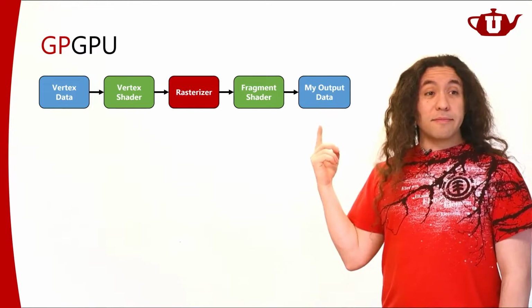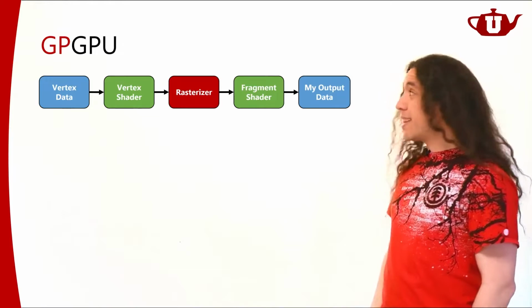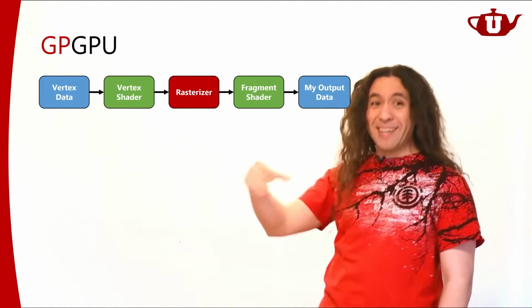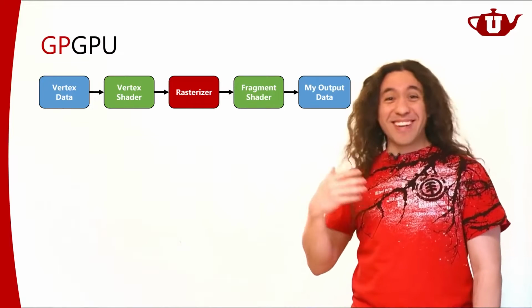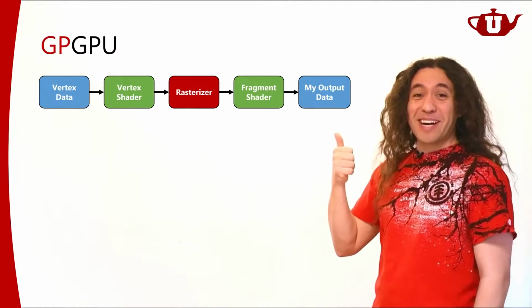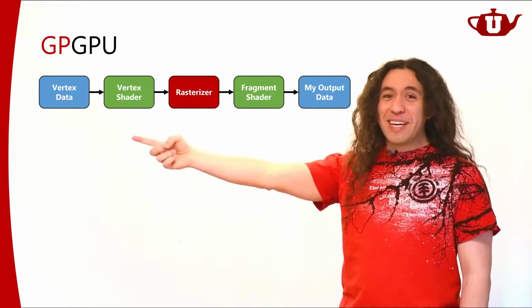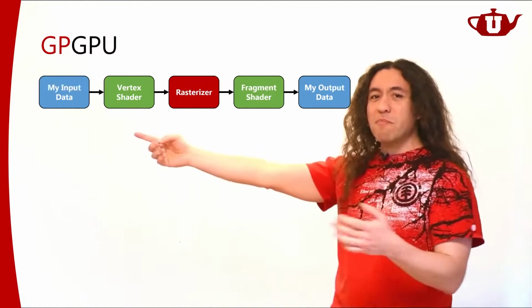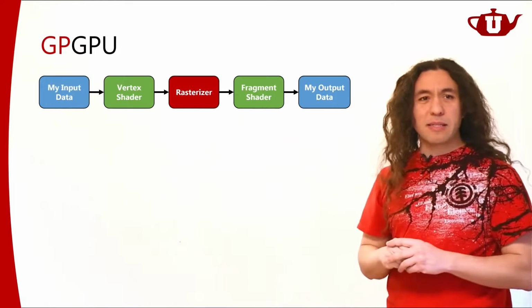That's it, really. So the thing is, though, I'm not actually drawing vertices here, right? Because I'm not actually trying to render anything. This is just some custom data that I'm producing. So it's not going to be some vertex data, but some custom data, my input data, whatever that is.